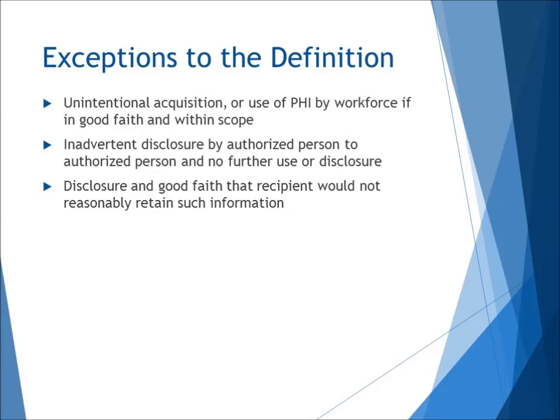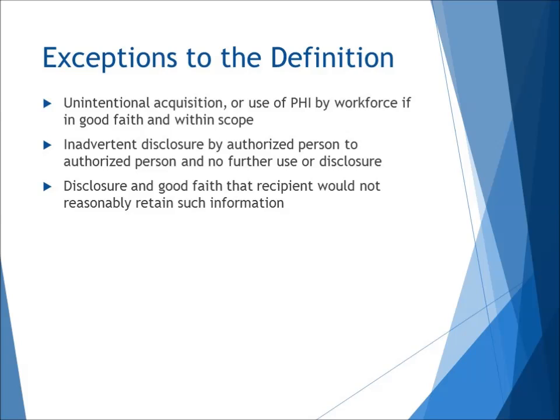So one is any unintentional acquisition, access, or use of PHI by a staff member or a person acting under your authority, such as a business associate. And if such acquisition, access, or use was made in good faith and within the scope of authority, and it doesn't result in further use or disclosure in a manner not permitted under the privacy rules, this would be an exception. Number two is any inadvertent disclosure by a person who's authorized to access PHI at the covered entity